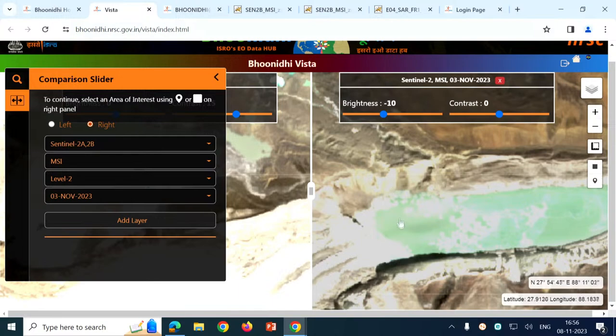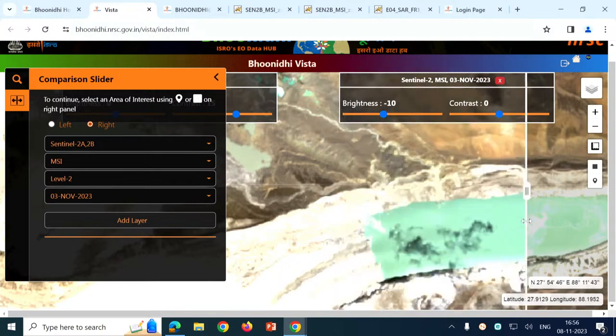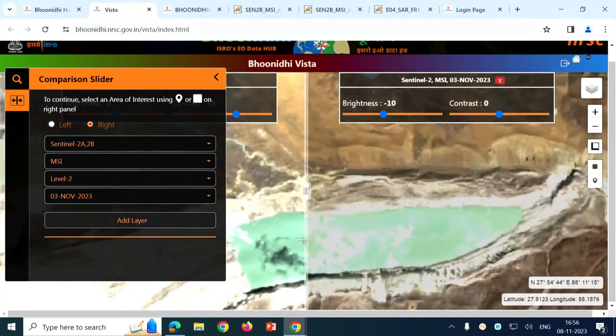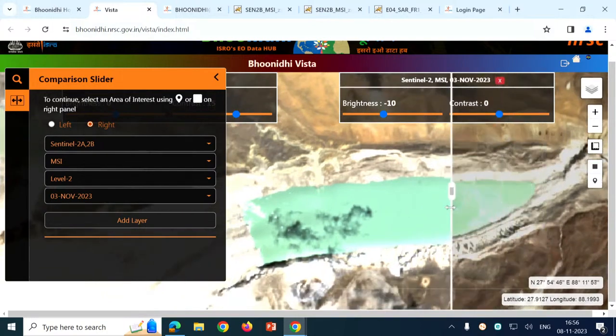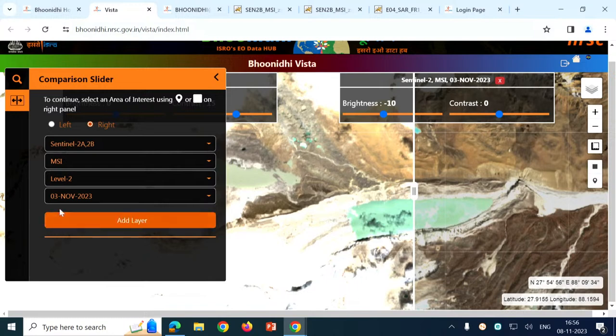There is a slope failure. So you can also see there is some increase in the lake volume on the backside. So you can have such kind of comparisons if you want. You can do it without ordering the data. Also, you can have such an understanding and also you can order data for detailed understanding. And this is free of cost. So this is open source data you can download from our particular